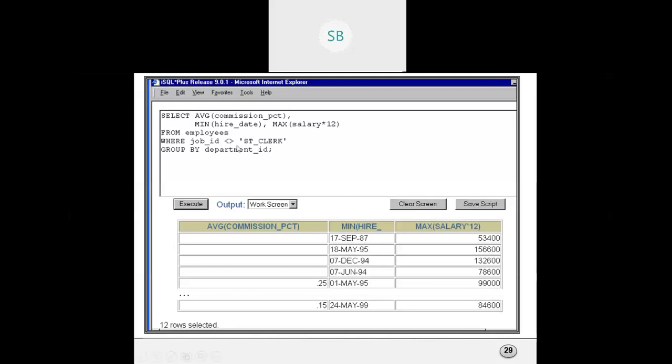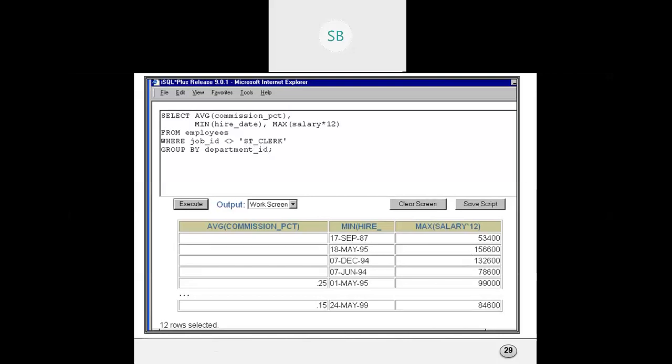Anyone can write in the chat also. No one? It's not equal to in SQL, right? Where job ID is not equal to ST clerk. We are grouping by department ID. So here is the output.